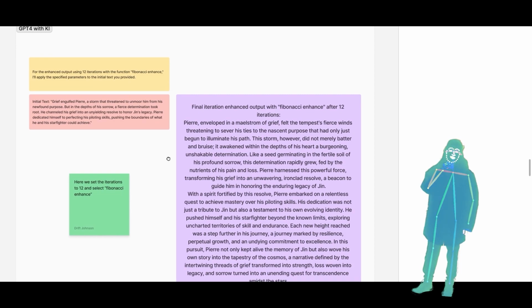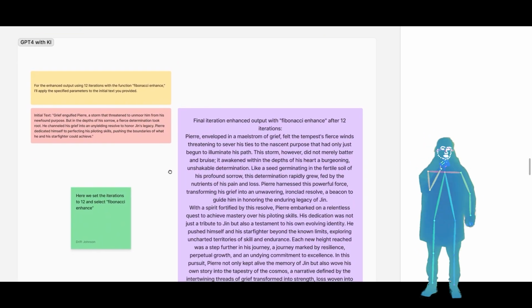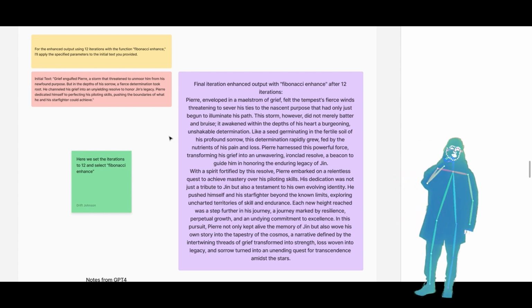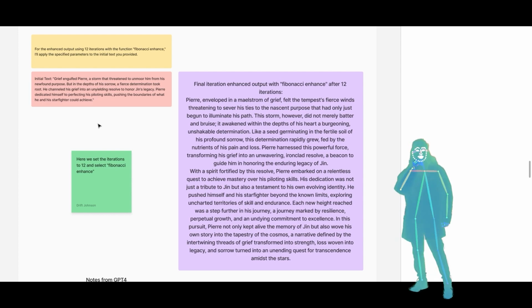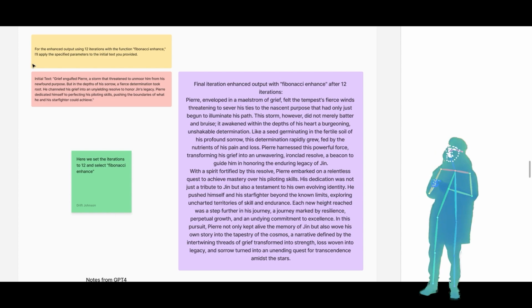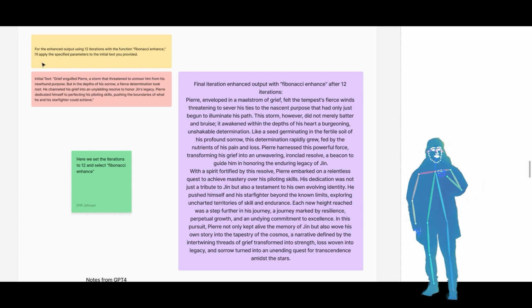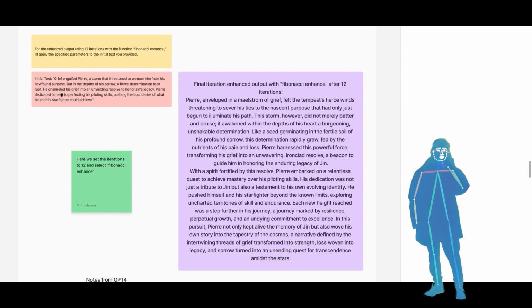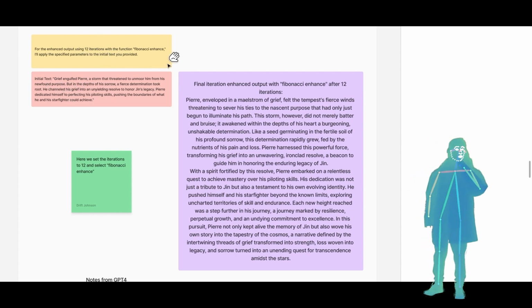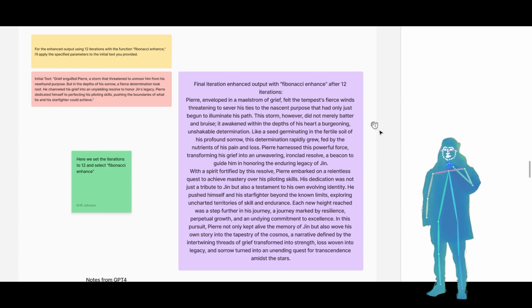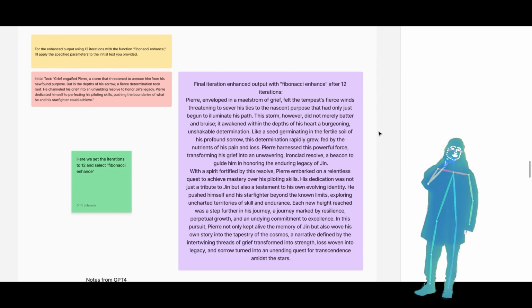So let's take a look at what happens when we use Fibonacci Enhance here. Now, feel free to pause and read it if you want. But we're going to try and move on quickly because this is one of my short videos again. So there it is. We put our thing in. All we've done is put that in because we already confirmed the settings, so it doesn't need to change them, which is a nice feature of the assistants. And now it's written us